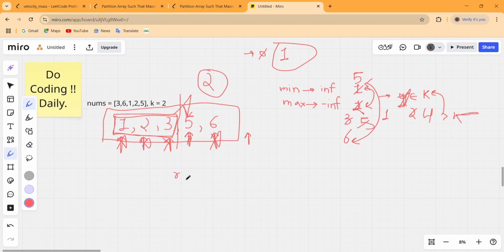So we have to return our CNT variable, but as we know, the possible answer for this is not 1 but 2. So this CNT, after doing all this stuff, basically gives us a single line that gives us two partitions here. One is on the left side and one is on the right side. That means we have to initialize our CNT from 1 and not from 0.